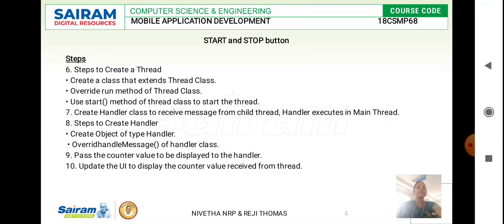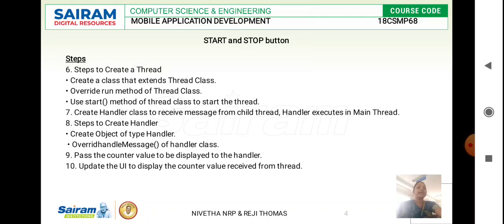And the next step, we are going to pass the counter value. Once the stop button has been pressed, the counter value that has been read has to be displayed, and this will be displayed by the handler. Only the handler is going to display the output. The last step is updating the user interface from the thread.